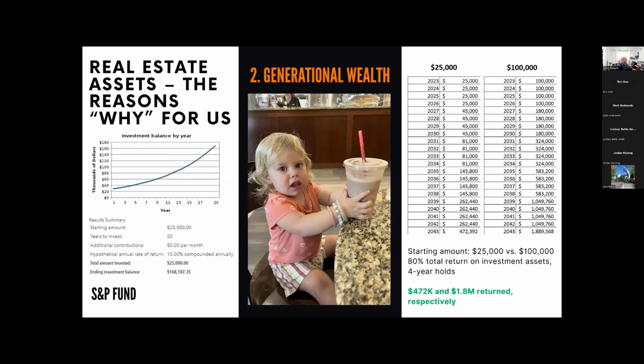Reason number 2 is because I firmly believe that it's my responsibility, mine and my wife's responsibility, to ensure that our family has what they need financially. It doesn't mean that our daughter Riley needs to have some entitled lifestyle and grow up a rich child. That's not what it means at all, right? It means she needs to have options. If she wants to do what she wants with her life, I'd love to financially support her in that. And I don't want any guesswork there. I want it to be solid, right?